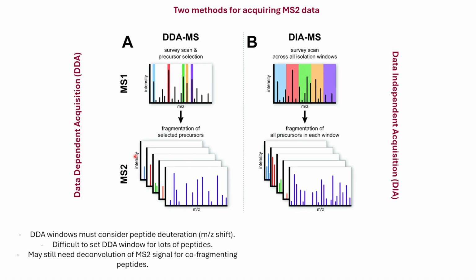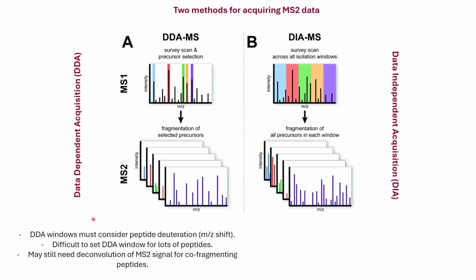There are a few problems with this method. The first is that the DDA windows must consider the peptide deuteration. So in HDX, we don't know ahead of time how much a peptide might shift to the right, and so we would need to set the isolation windows to account for all the possible shift that a peptide might encounter